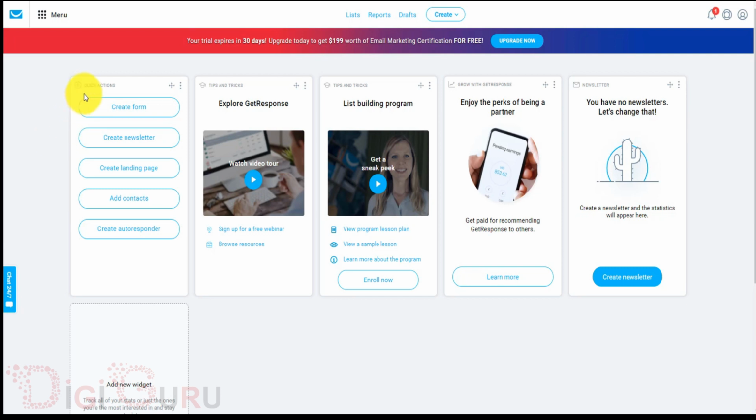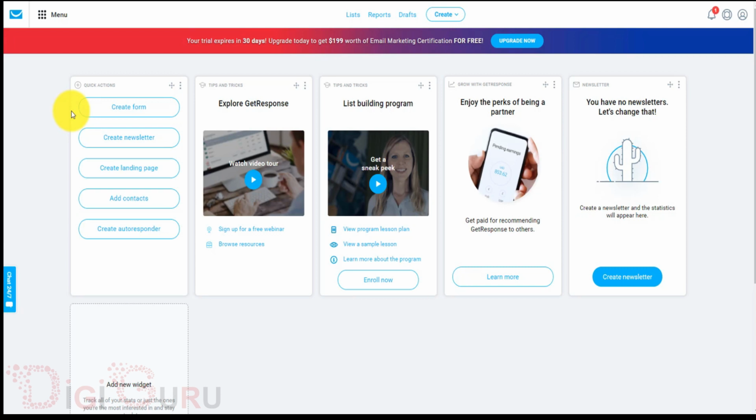So in order to capture the details of the customers who want to subscribe to your platform or to your newsletter, there is a form present in the website. With the help of this form section, we can build very beautiful and very elegant forms with the help of GetResponse that we can very easily use in the website, from where a user can provide their credentials